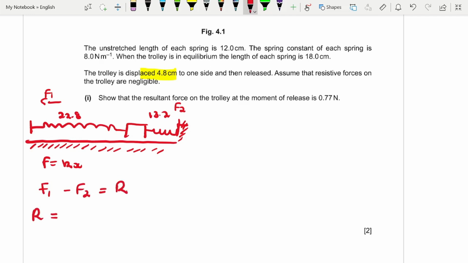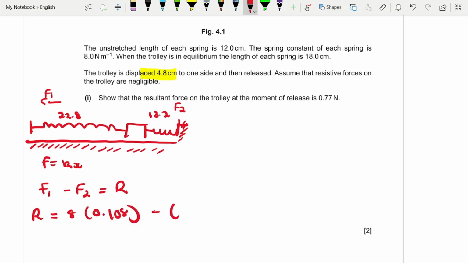So my R is going to be F1 is k, but my k is essentially just 8. For the first scenario, my extension is the difference between what I have now and my initial original length. I want you to remember this, guys. Extension: you had an initial length and you had a little bit of an extension at 18, a lot more extension at 22.8, and what is the extension difference? So it's going to be 22.8 minus 12, not anything else, minus 12, and that's going to give you 10.8, right? In meters, that's going to be